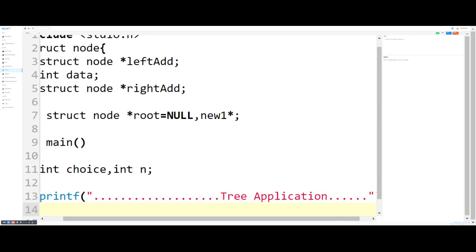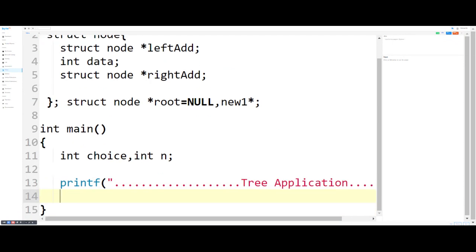Now after this we simply write here slash n. First we have to create a tree. So first we write here create. We have to write here the create function. So it will create a tree for you.